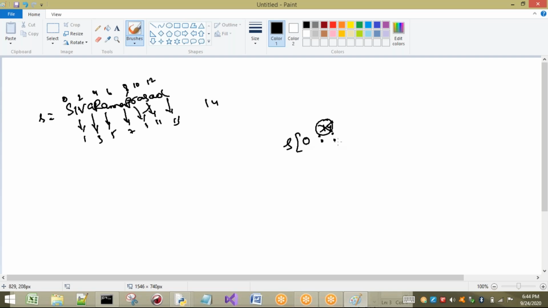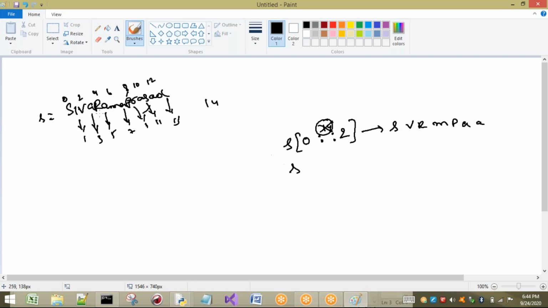From here to here, first I take this one, next I jump one more step, that means step 2. Step 2 means it will take 0, not 1, take 2, not 3, take r, not this one, take m, and so on. If I write this, we are going to get output S V R M P and so on.